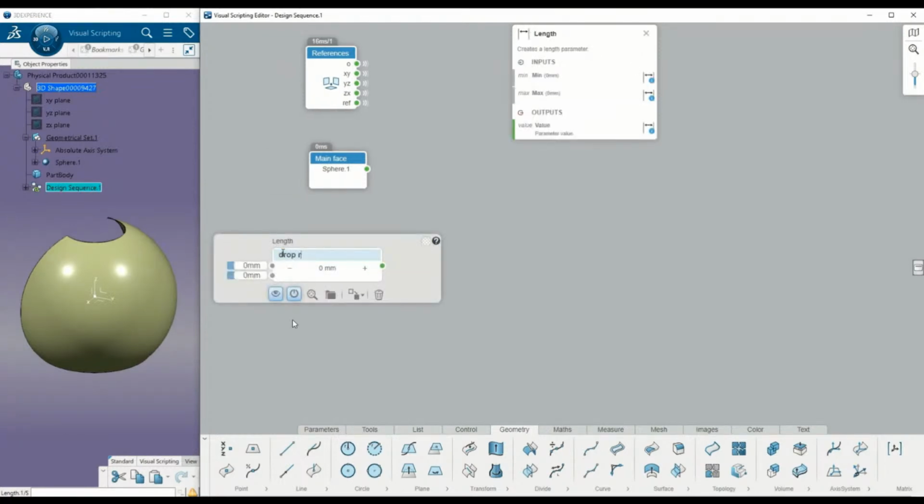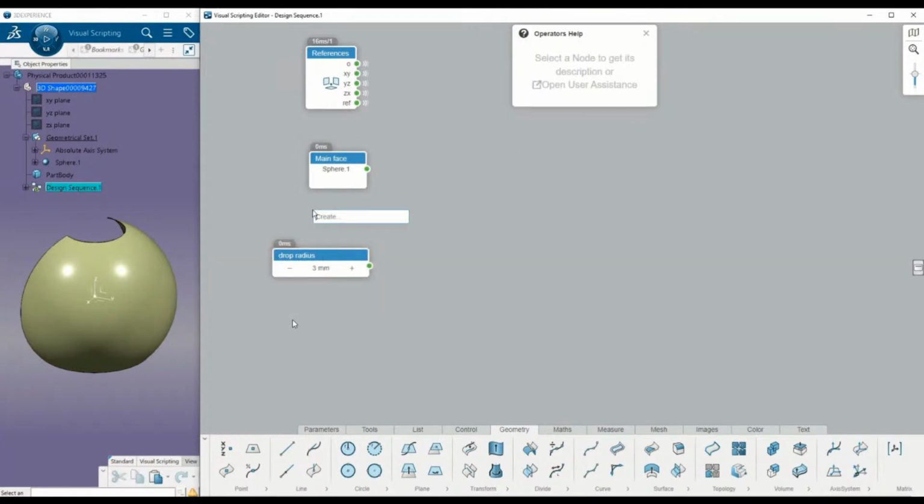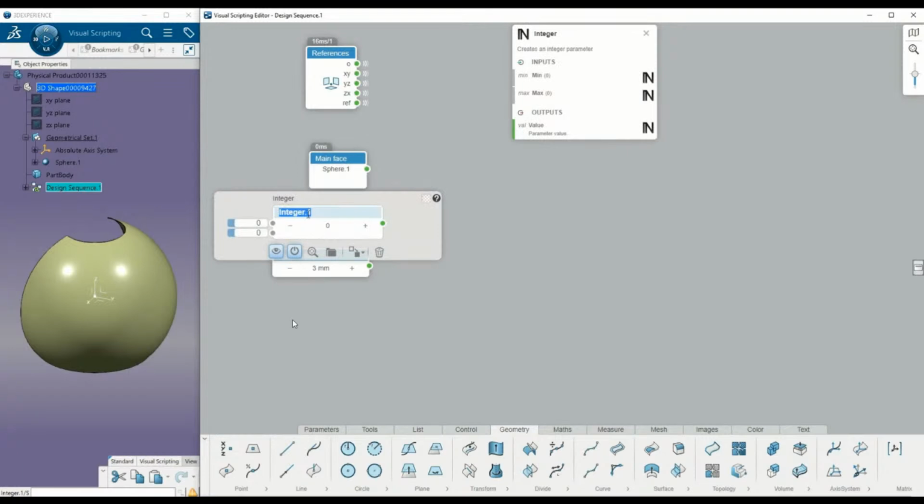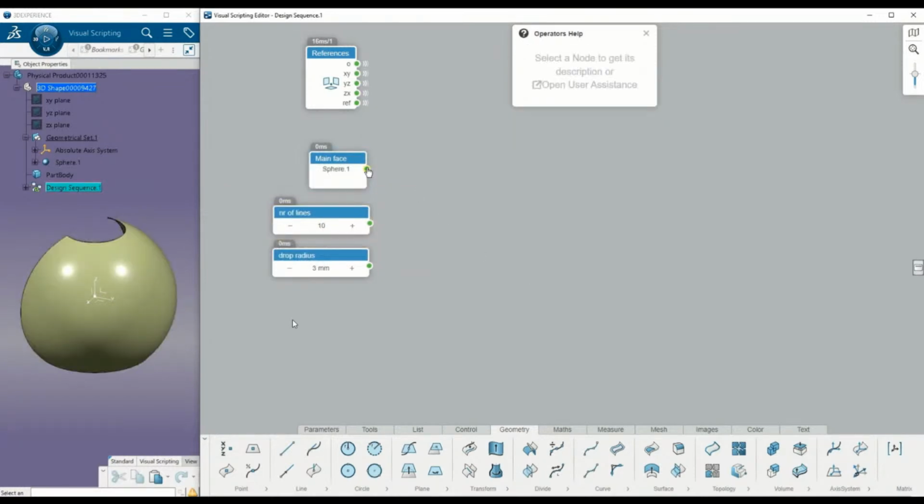So we will need the length parameter, which will define the size of the raindrop, which we can then use after we finish. We can still use it in the CATIA 3D. We will see that later. We will need as well the amount of the drops that we initially generate, and then we can start